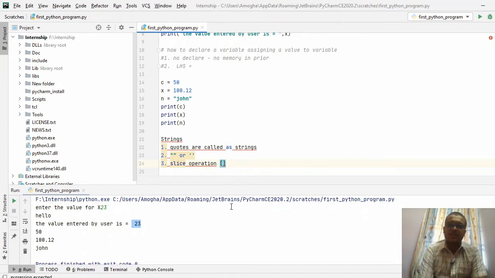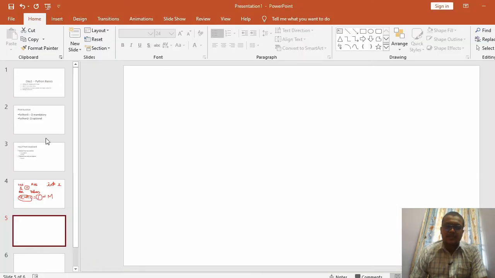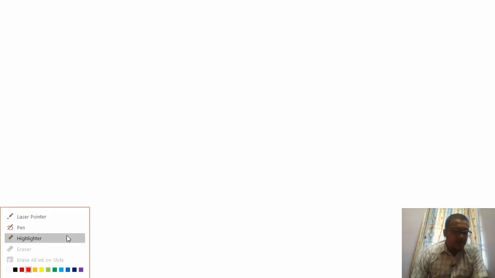This is mandatory. You need to use only square brackets. In the square brackets you have two functions. In a square bracket you can access only a single character, or you can have a collection of characters by using this index operator. So let me explain what this index operator is. As I told you earlier, you can perform a string operation using square brackets. What does indexing actually mean?